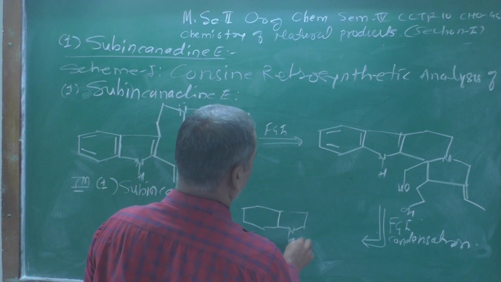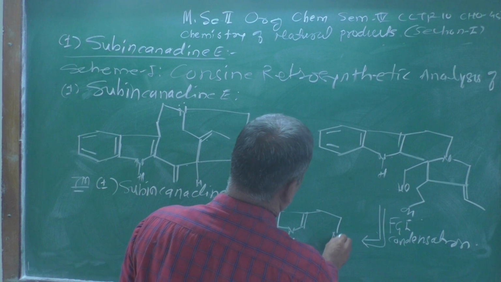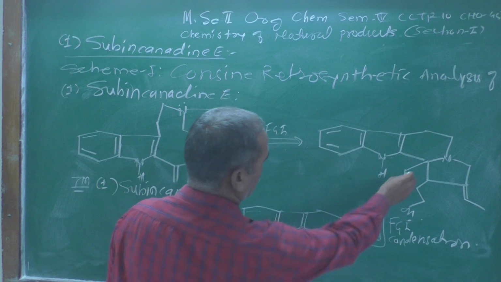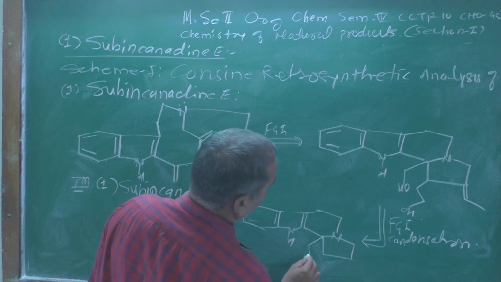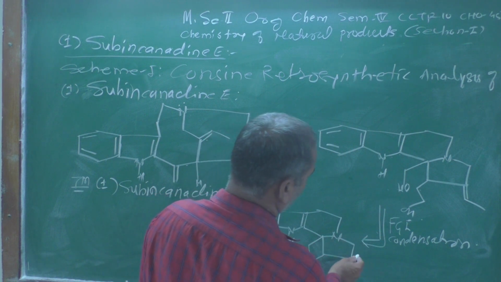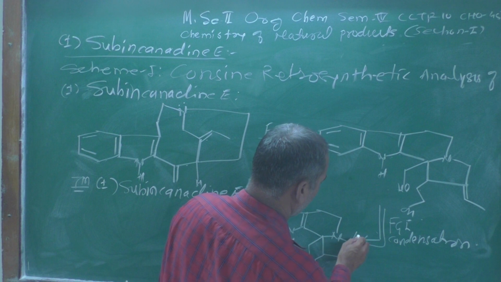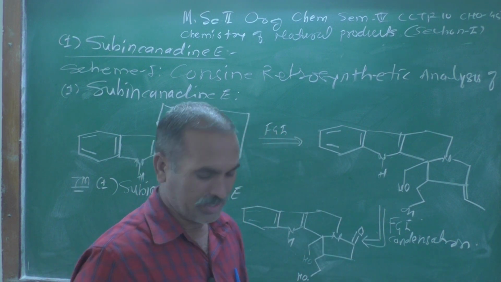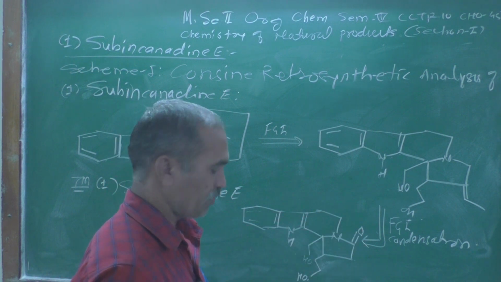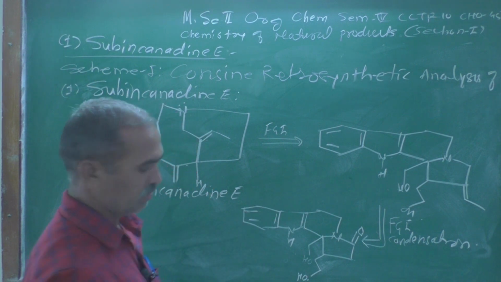Here NH, double bonds, and then a 6-membered ring, and there will be a 5-membered ring, and this group also remains as it is. It changes only at this position, where there will be a carbonyl group, meaning this is an amide type of group. By doing the condensation, you may get this type of compound or molecule. And after that, let us see,